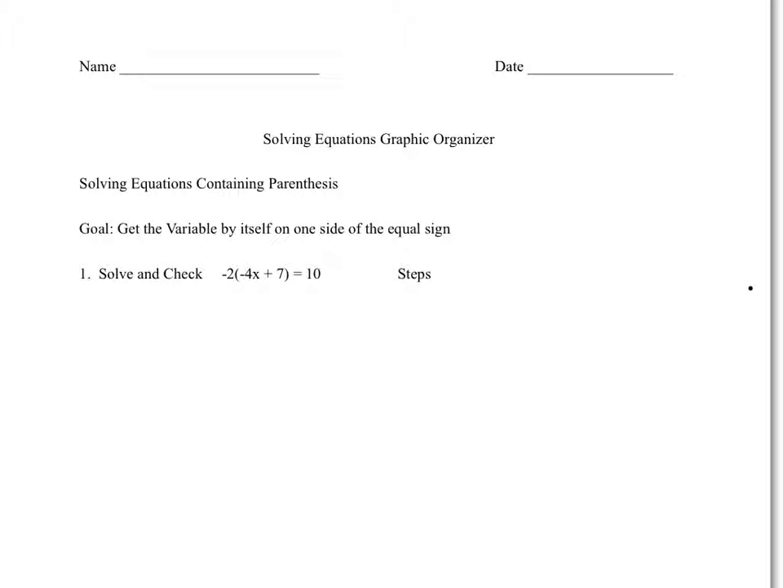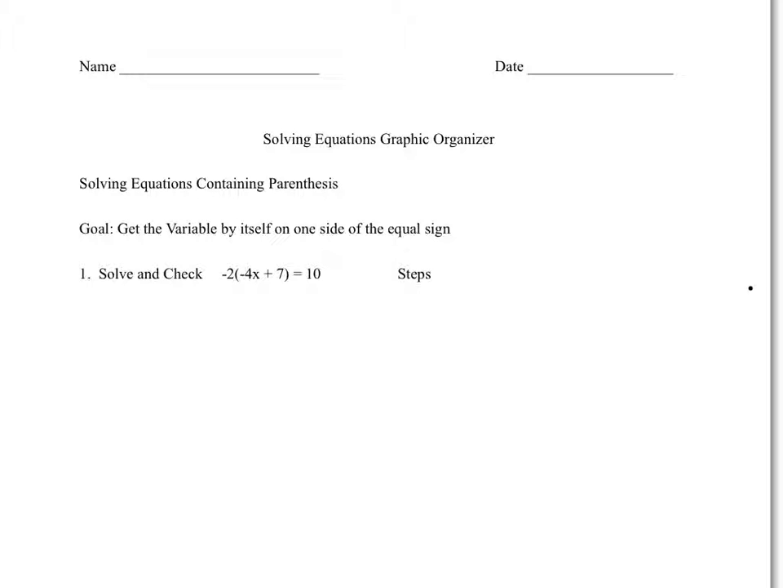Okay, so today we're going to be looking at solving equations containing parentheses. And in order to do this, we're going to use the distributive property. Today's lesson, I'm going to be using the graphic organizer that you would have gotten in class. If you didn't get it in class, it is on my website, and it's the Solving Equations Containing Parentheses graphic